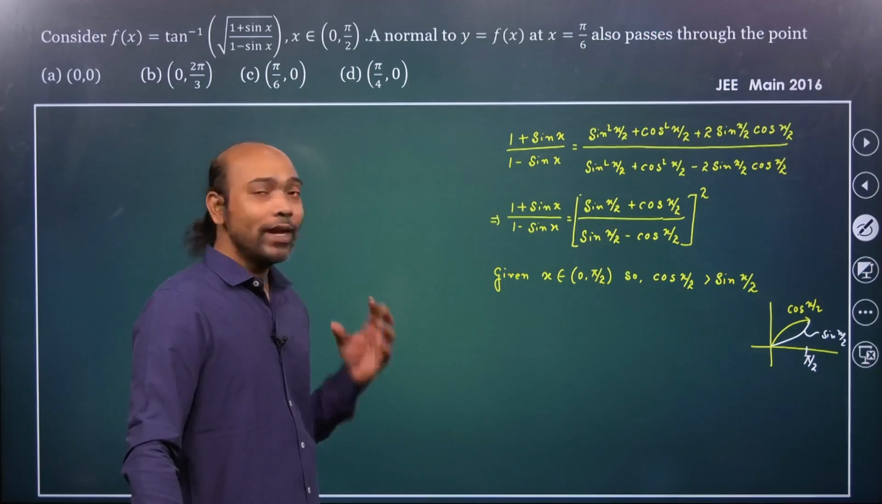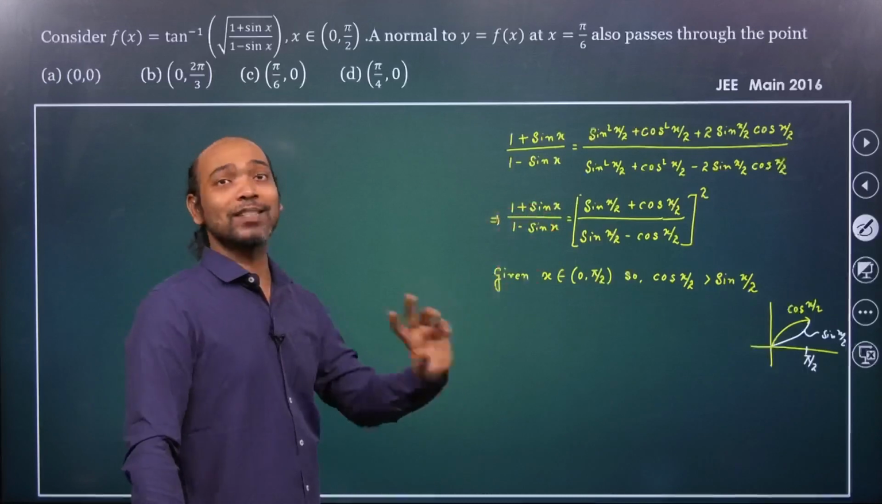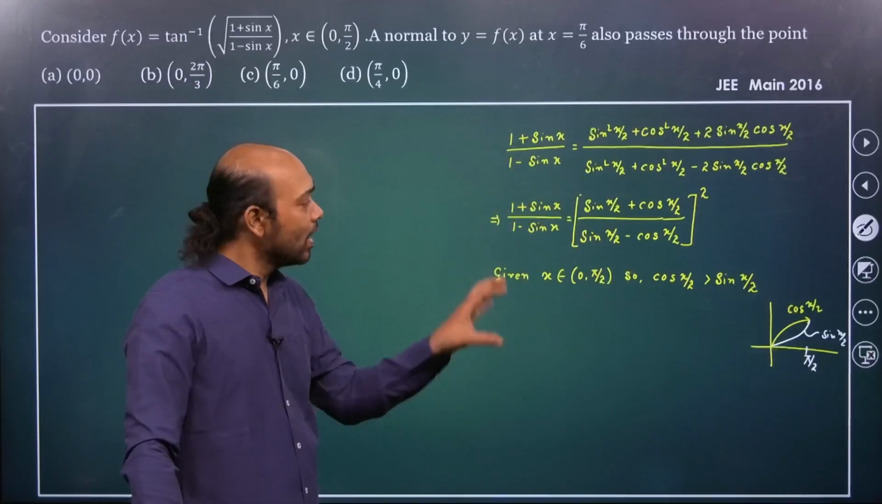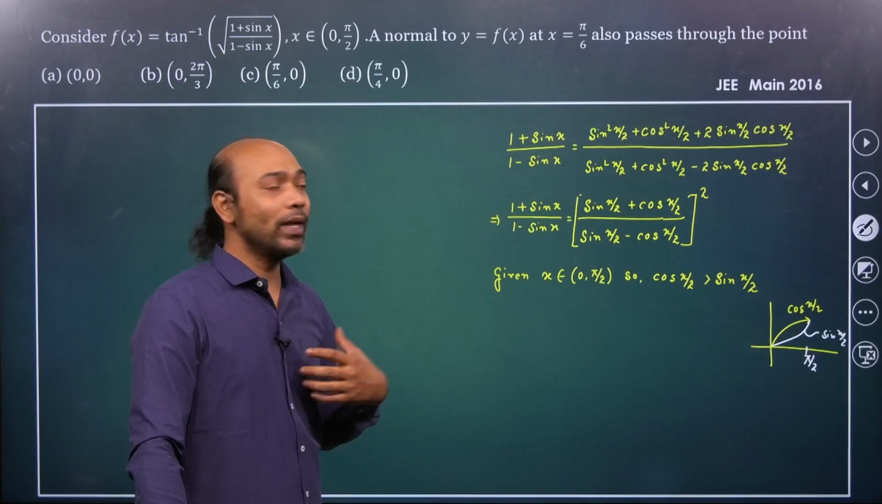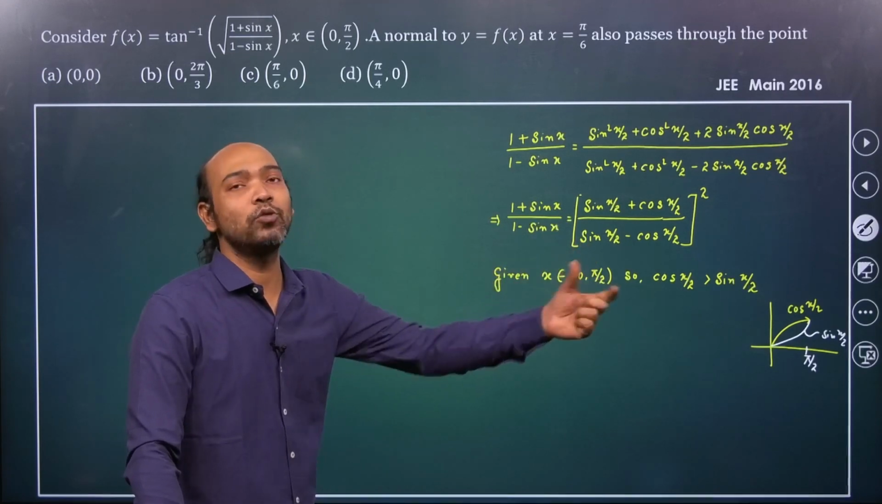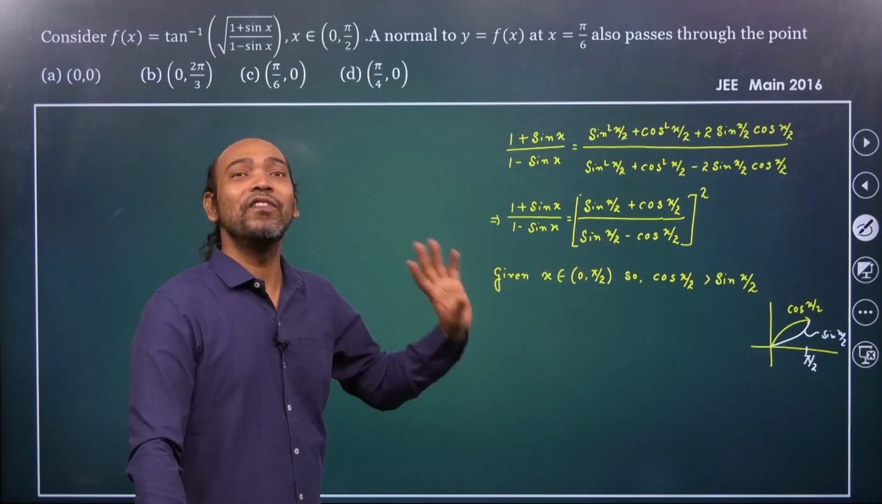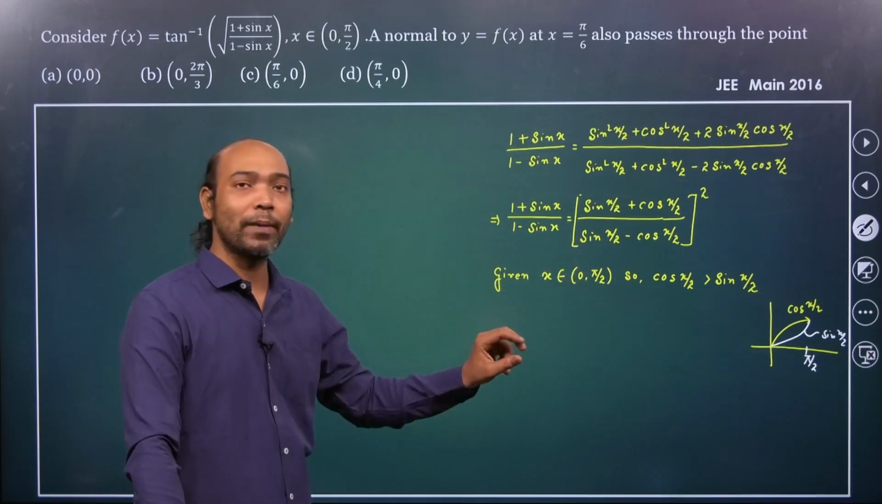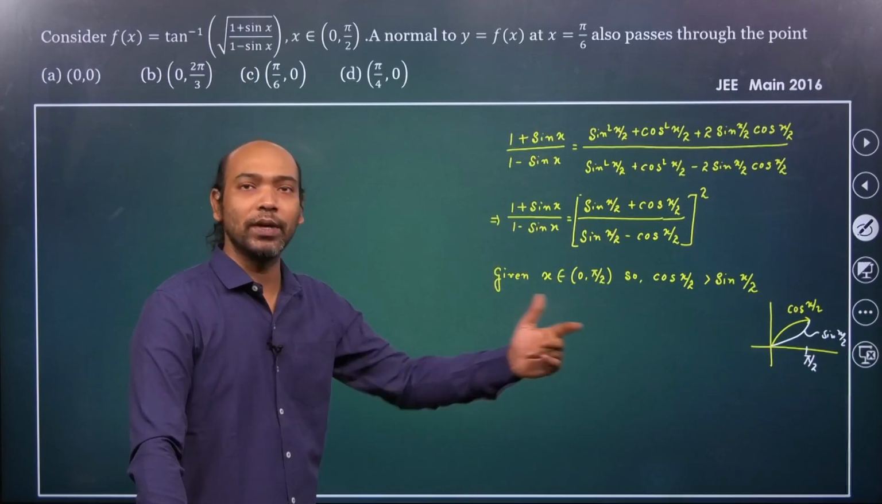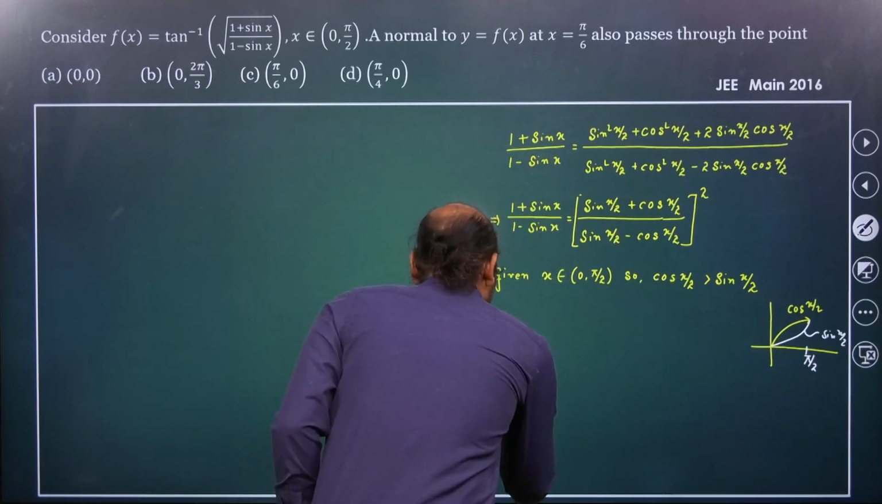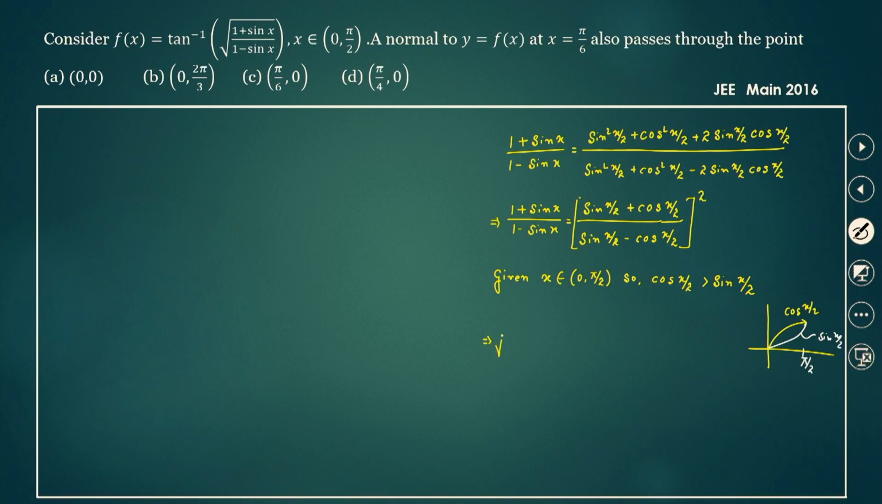Now see that whenever we take the square root, the square root is always positive. So we need to write this as cos x by 2 minus sin x by 2. If I write it directly as sin minus cos, obviously it is negative in the interval 0 to pi by 2, and a square root function cannot give you a negative in general. So therefore we say the square root of 1 plus sin x divided by 1 minus sin x,